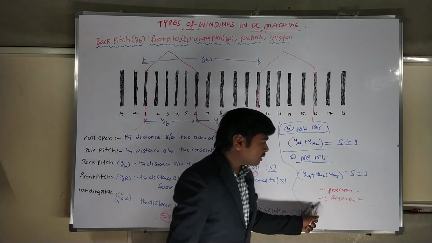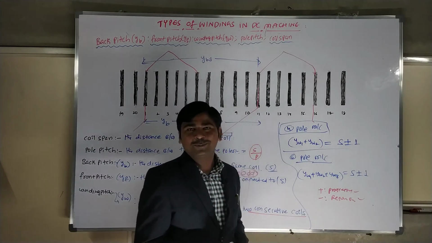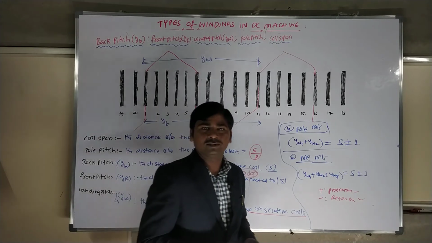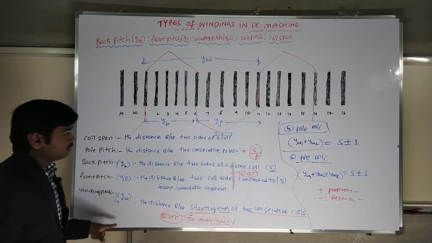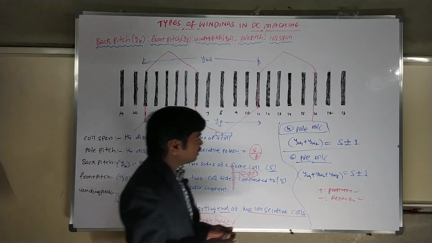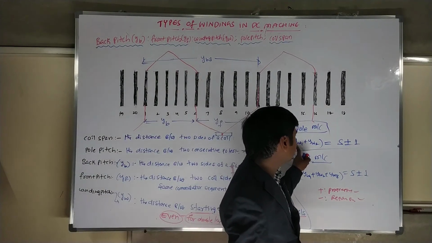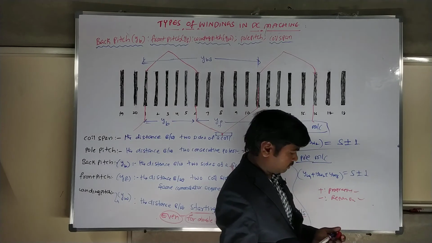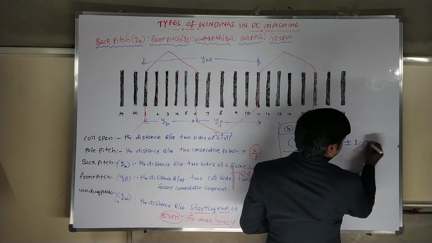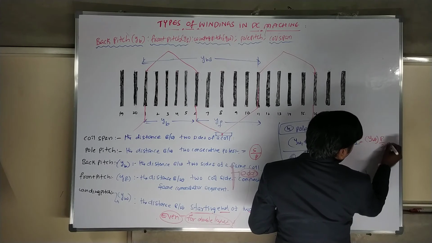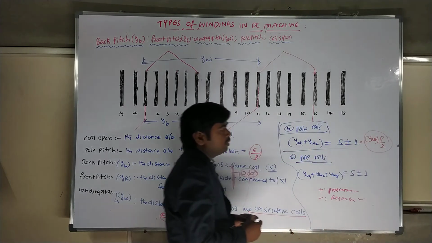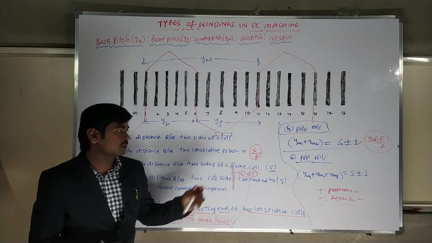What are progressive and retrogressive windings? Please watch the separate video on progressive and retrogressive windings, you'll get more clarity. These are the important terms discussed. Sometimes if the winding pitches YW1 and YW2 are both equal, you can write the winding pitch YW as slots divided by P by 2, YW into P by 2. If all are the same, we can write it this way also.